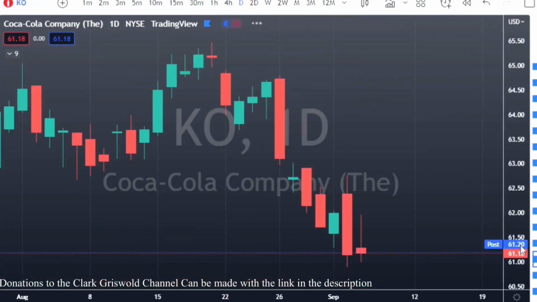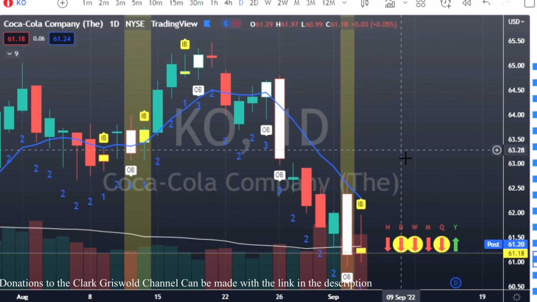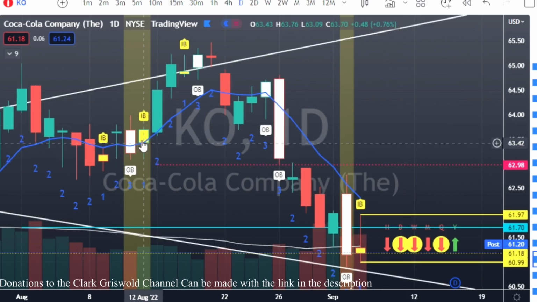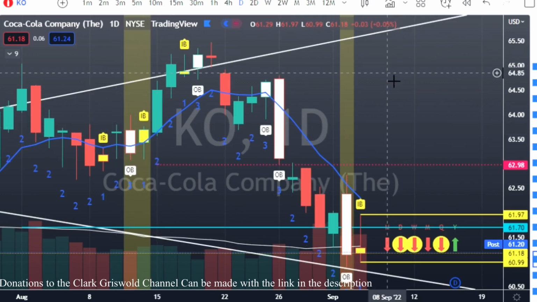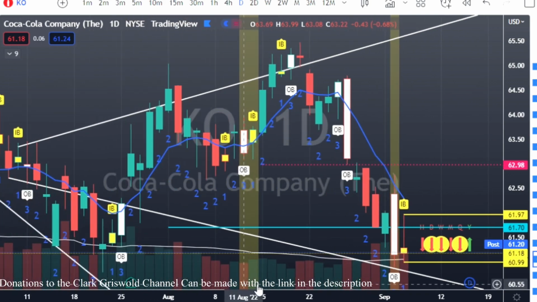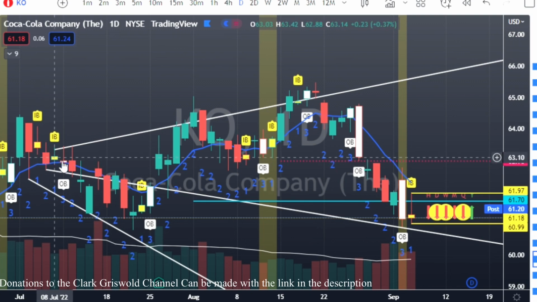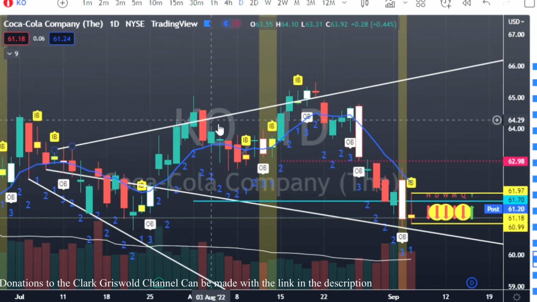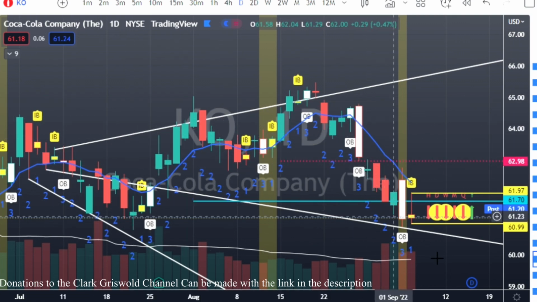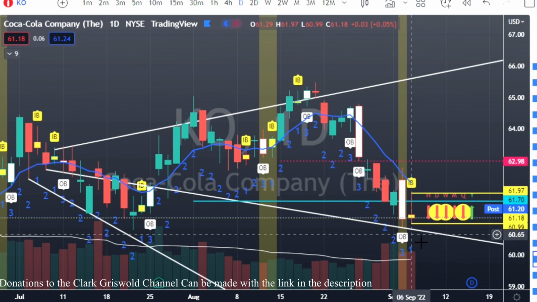Coca-Cola, ticker symbol KO. 3-1 setup as well. Here was our last 3-1 setup, and we had a nice trend up. If we zoom out, we see the broadening formation, guys. Highs to the lows to the highs, come back up to the highs and down and tag the lows. And this one here,